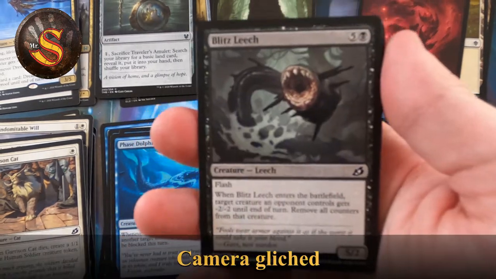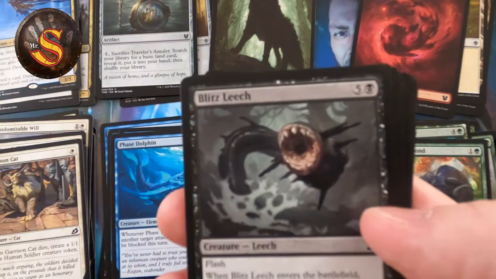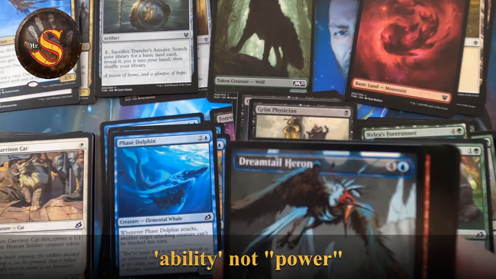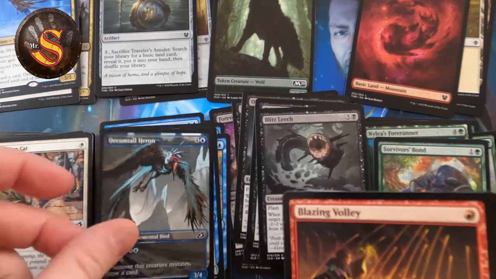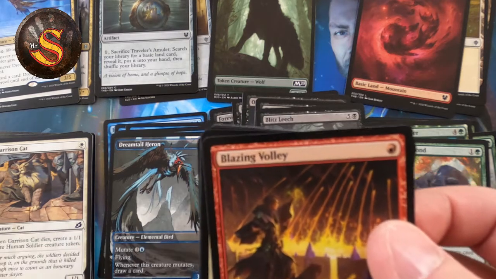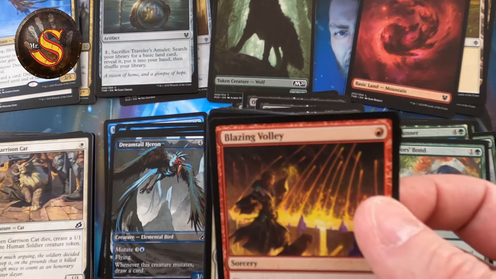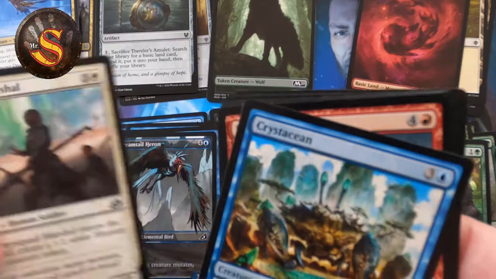Let's see, 6. Removing all counters is pretty handy, because, you know, now they're not just +1/+1 counters, they could be power counters. Alright, Showcase Dreamtail Heron, Blazing Glory, which is kind of a nice mini wipe, or finishing something off after your opponent blocked a whole bunch and thought they survived it, because you deal 1 damage to each creature your opponents control. Very nice. Day Squad Marshal,